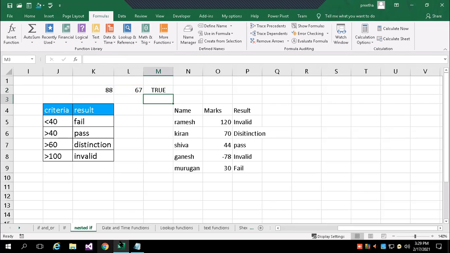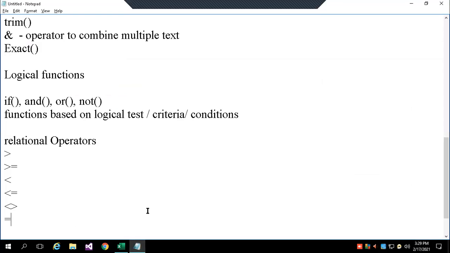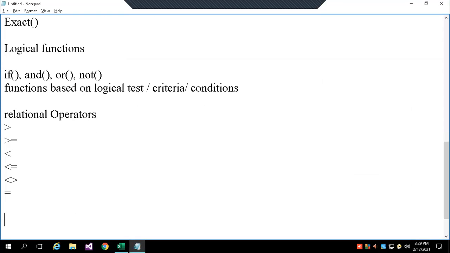So what is the use of the AND function? Whatever condition you want to test, you can give. Like this, you can give n number of conditions.